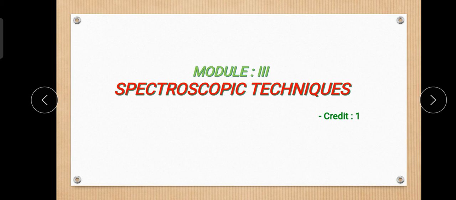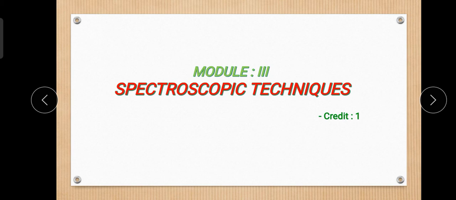Generally here we have three different types of spectroscopic techniques. First one is the microwave spectroscopy, or we call it rotational spectroscopy. Second one is the infrared spectroscopy, also called vibrational rotational spectroscopy, and the last one, the third one, is the Raman spectroscopy. These are the three different techniques in this module we have to discuss, and we have covered one spectroscopic technique, that is microwave spectroscopy or rotational spectroscopy, and we have started the IR